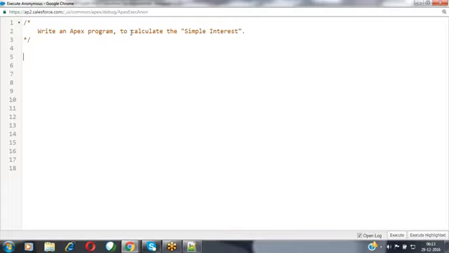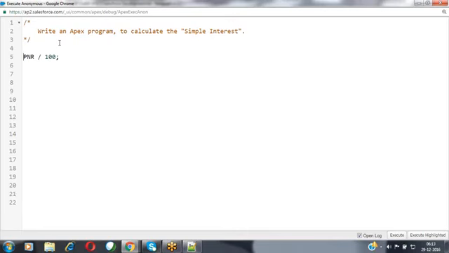In order to get that, we have to use a specific formula called PNR by 100. So this is the formula.